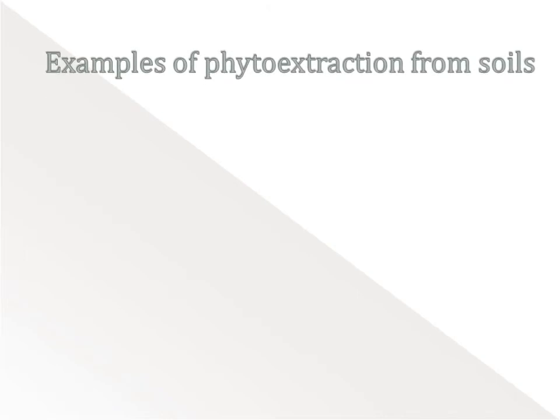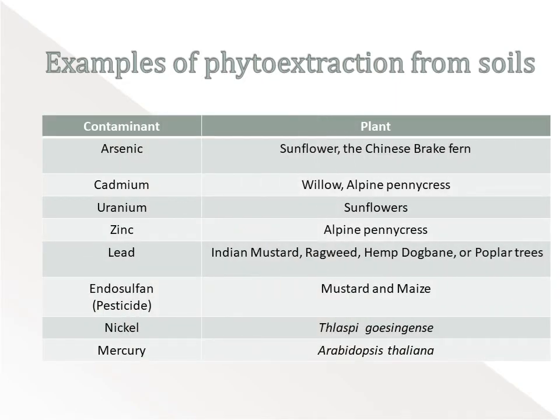Examples of phytoextraction from soil. Many contaminants have been reported to be removed from contaminated sites by the use of different plants. Here are some examples. First one is arsenic. This has been found to be removed by the use of sunflower and the Chinese brake fern. Cadmium by willow and alpine pennycress, uranium by sunflowers, zinc by alpine pennycress, lead by Indian mustard,